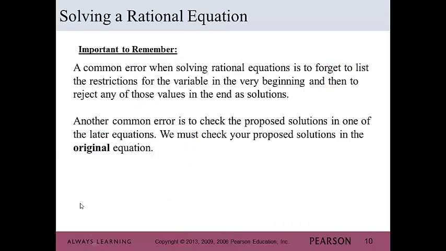Okay, so some important notes to remember. A common error when solving rational equations is to forget to check the list of restrictions. Once you have an answer, make sure that there wasn't a restriction on that value. Because remember, you do not want to divide by 0. Another mistake is